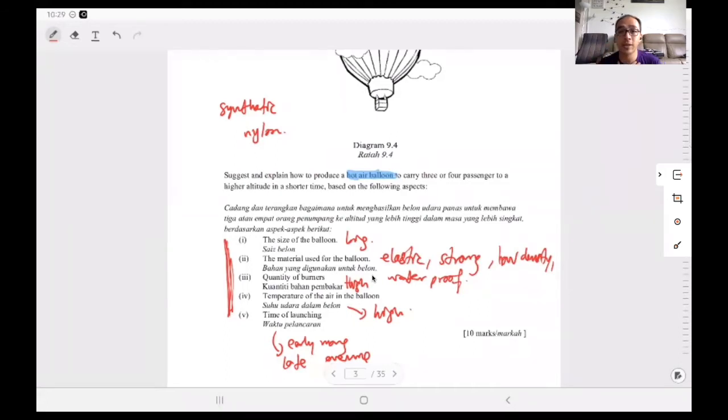I project lah, okay, I project that hot air balloon or something to do with buoyant force is a popular question for this year. Okay, saya bukan peramal lah, I'm just using the data that I have and trying to guide you. Maybe you should put this into your list so that at least kamu ada focus sikit lah. You know how to focus to study. Okay, all right. Now the reason why I'm talking about hot air balloon is because